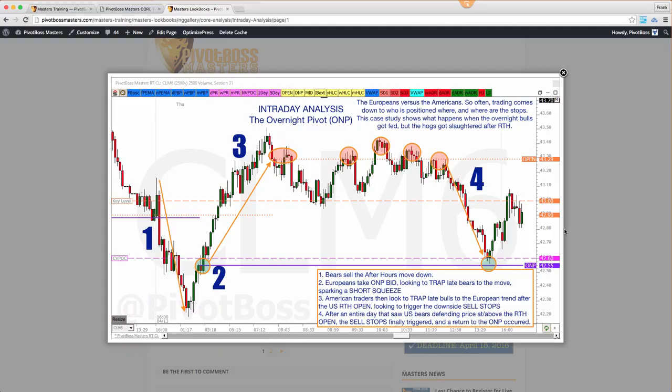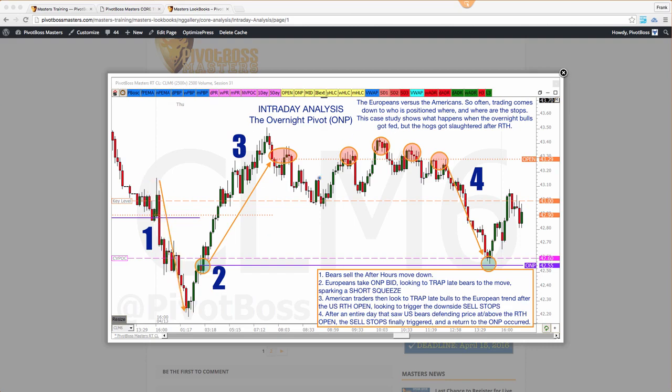Number one, we're basing this off of the overnight pivot. So the overnight pivot is the important pivot in this scenario. And what I want you to focus on is right here. Basically, you see this gray line is when after hours trading begins, and you can see price goes up immediately and then immediately sells off. And so price drops and trends lower the entire overnight session, after hours. And so if you were a bear and you got short during this entire move here,